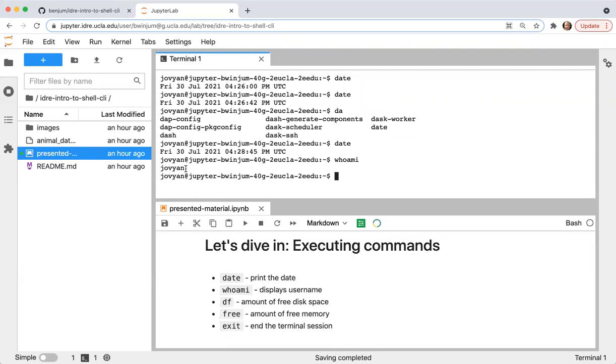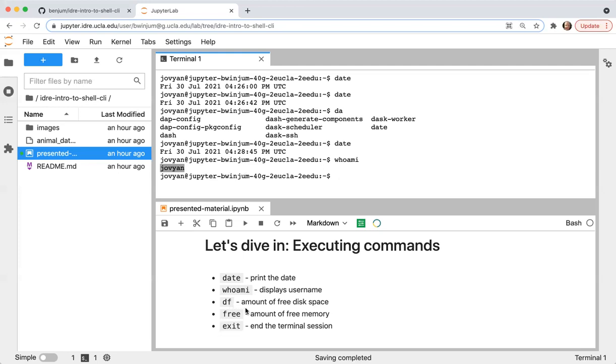I won't talk about what containerization is, but the JupyterHub launches one container for everybody who's logged in, and they're separate from each other. So you all have separate file systems, and you're all logged in as this user called jovyan. If you were to log into another computer system, say where you logged in with a specific username and password, this will give you your username on the system.